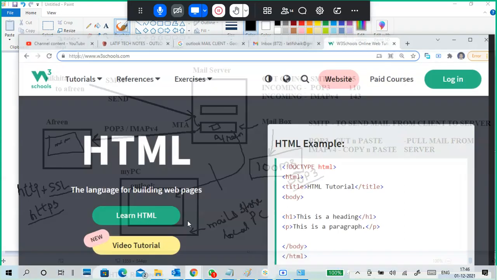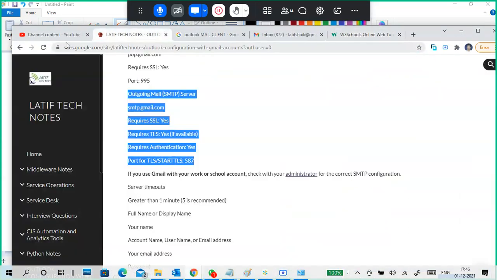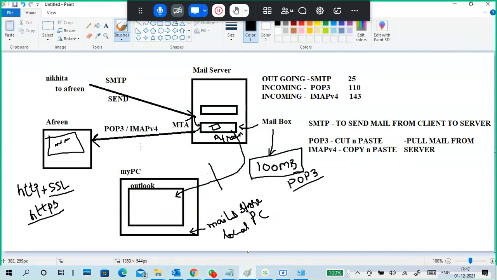Next is mainly mail communication. Banking accounts, mail communication, social media, a lot of data is transmitted, right? So compulsorily those kinds of websites must be HTTPS. If you don't mind what data you send and receive, and no problem if someone looks at or alters the data, then you can go with HTTP. For security reasons, we use encryption technologies like SSL and TLS. So that is what we are adding.